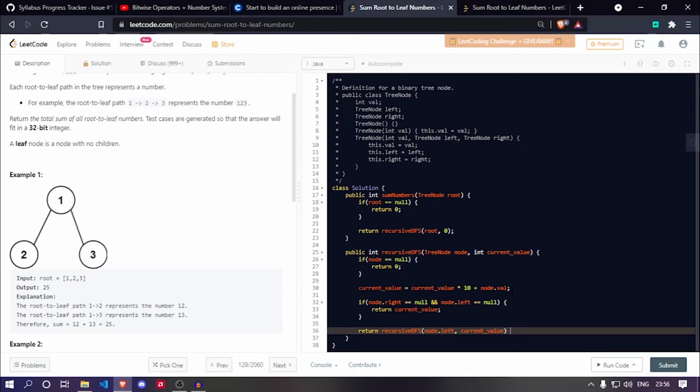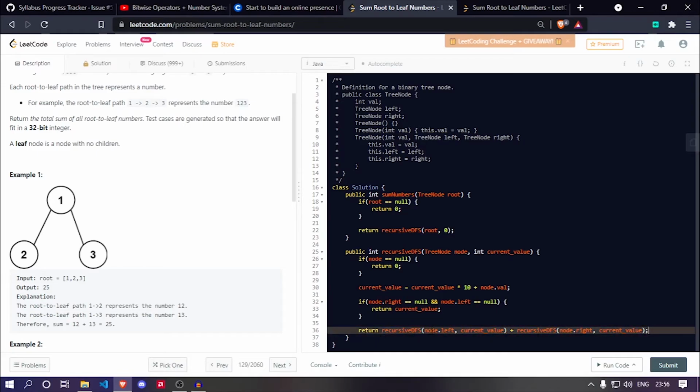plus the recursiveDFS of node.right, comma, current value. Let's see if the code runs. This is simple recursion.